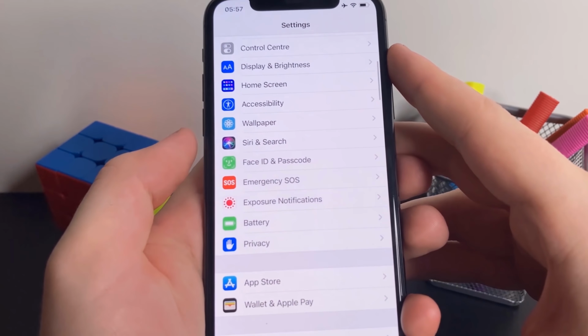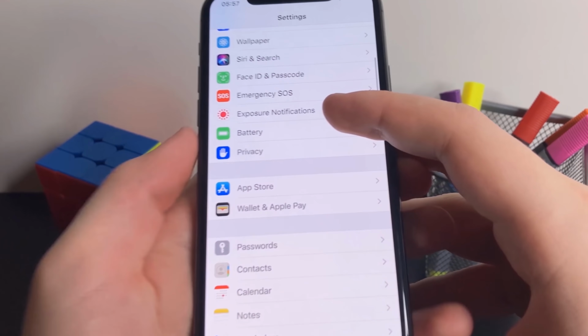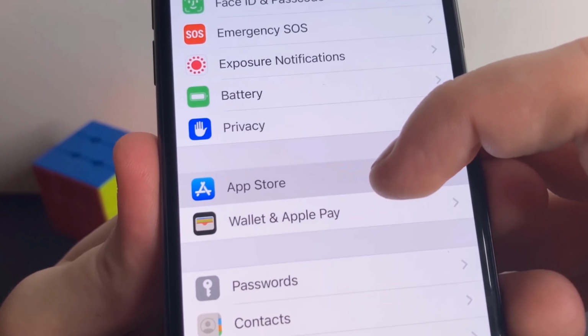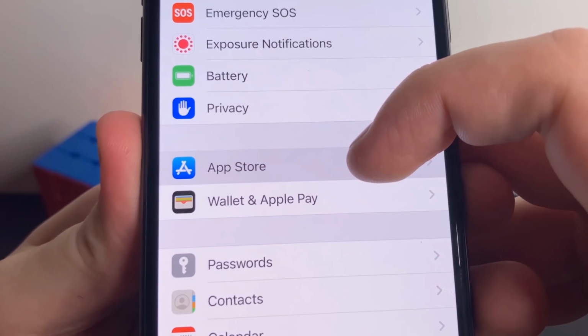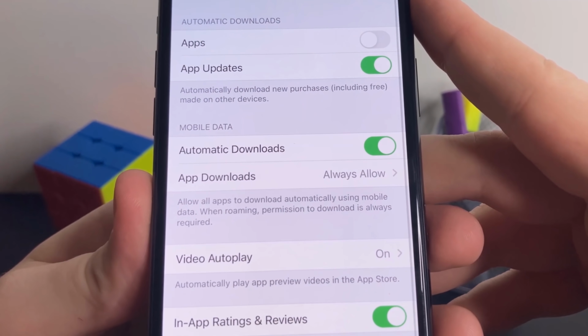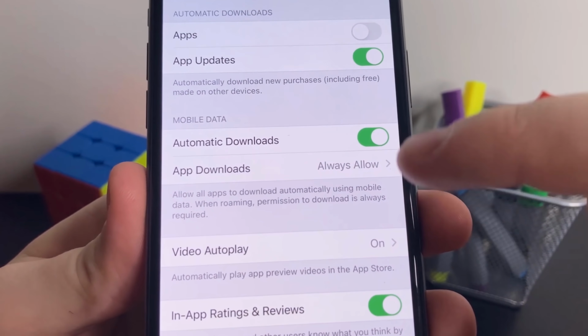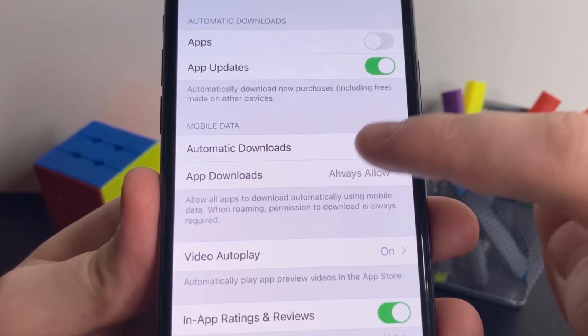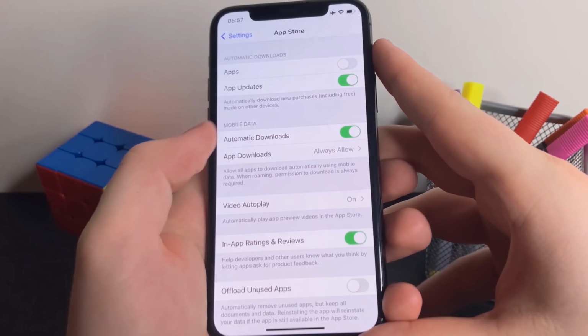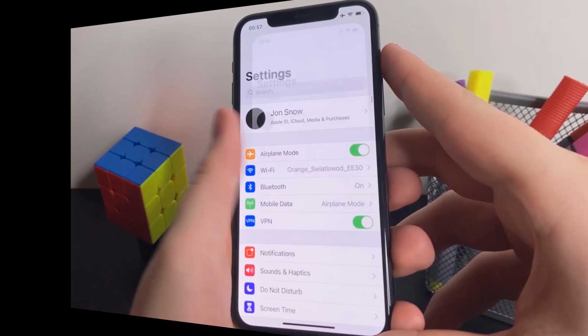And the final thing, guys, is down in the App Store section. This is just a basic thing, but make sure in the App Store section there's an option called automatic downloads, which allows all apps to download. So just make sure that this is turned on. It should be turned on, but just make sure. So, guys, once you've done all this stuff, you're